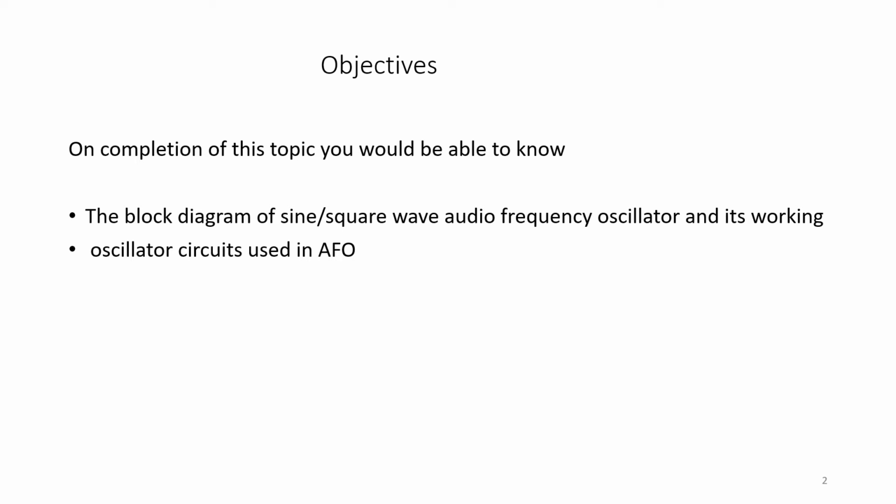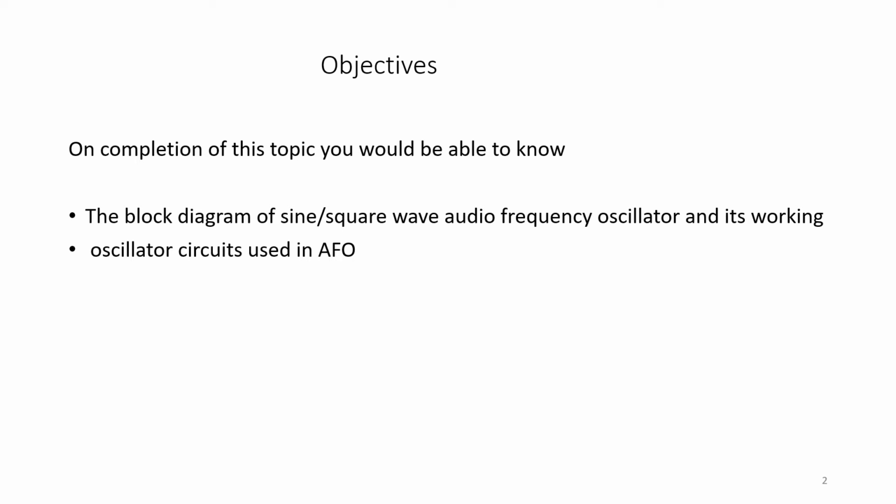For video, we use the signals from DC to 5 MHz. For high frequencies, we use 1.5 to 30 MHz. For very high frequencies, 30 to 300 MHz. And for microwaves, it is beyond 3 GHz. These are the various frequency bands we have, and the oscillators are designed depending upon the frequency you are going to use. So depending upon the frequency range and the type of waveforms we require, we have to design or select an oscillator.